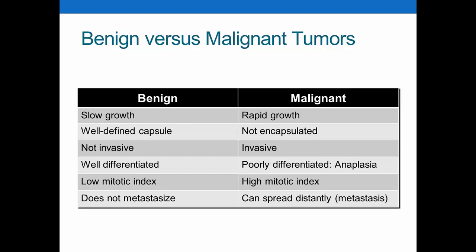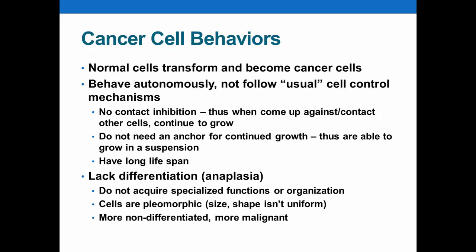So as a result, then, benign tumors have a very low mitotic or reproductive index, as opposed to malignant tumors having a very high mitotic index. And then finally, benign tumors do not metastasize, whereas malignant tumors do have the ability to spread beyond their initial area of growth. They can spread distantly, which is metastasis. Let's talk then about some of the behaviors